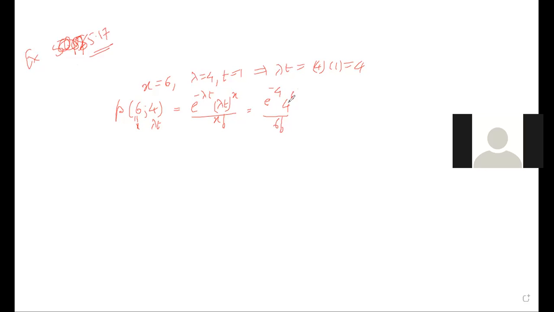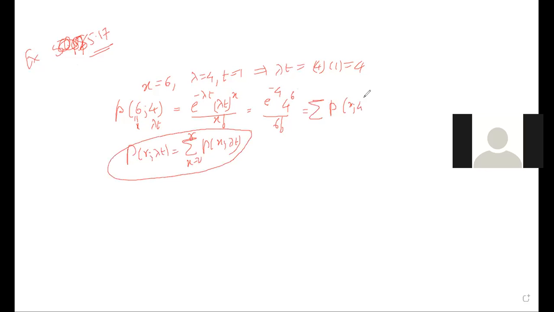You can directly go for this one, or suppose you want to use that formula: capital P(r; lambda t) is equal to the summation of small p(x; lambda t), where x is equal to 0 to r. If you want to use this one, in that case, you can write that is equal to the summation of p(x; 4)